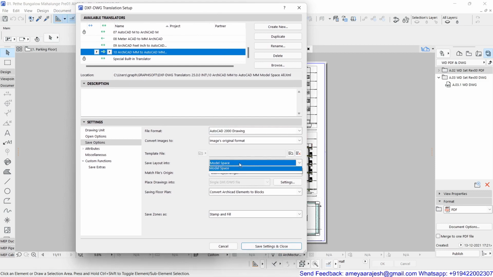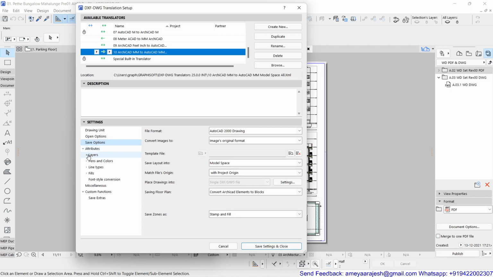It will get saved in the model space instead of the other setting, maybe paper space with the drawing as a block and everything like that. I am not interested in using those, because the entire extracted information would be in a paper space, which I am not willing to have. So I am going to convert this information into model space. Then the rest of the things I am not changing over here.